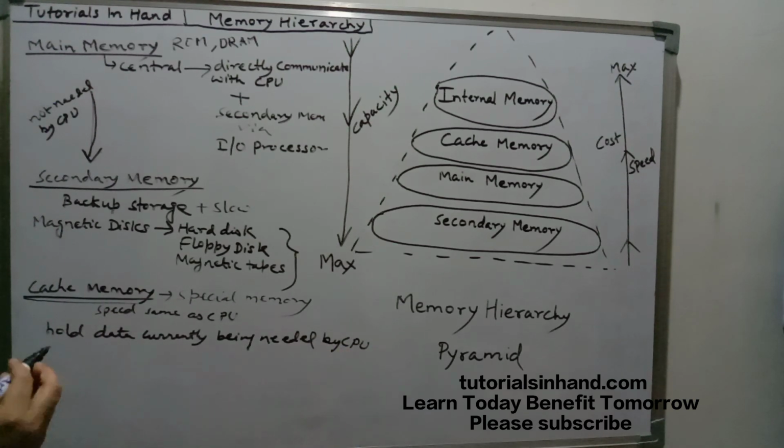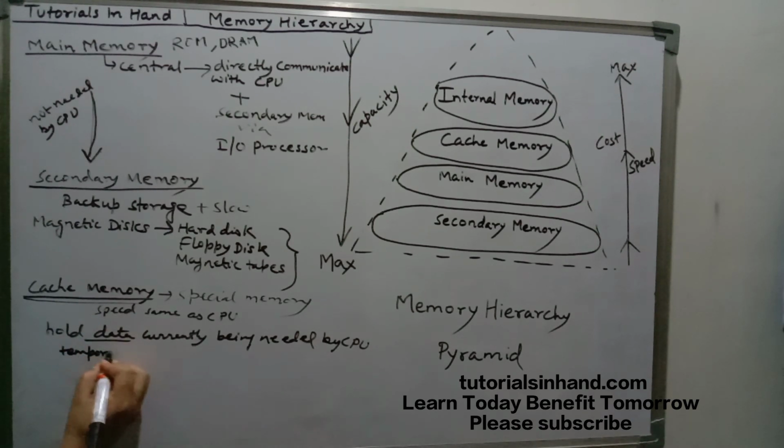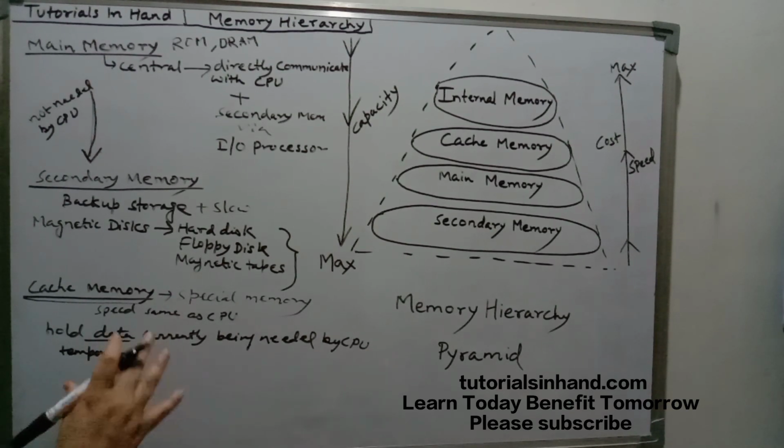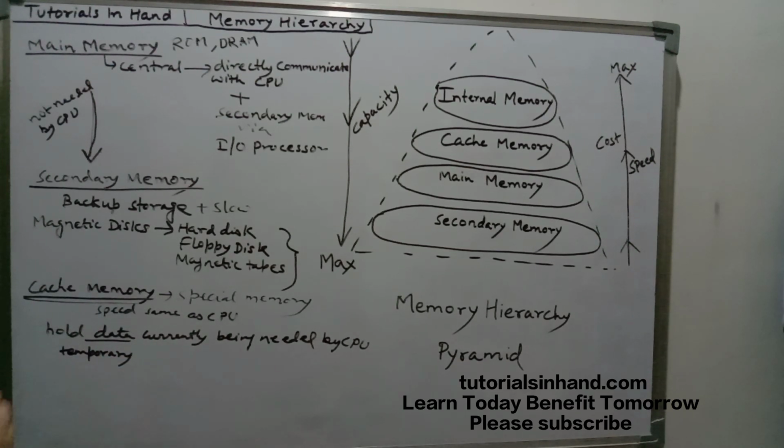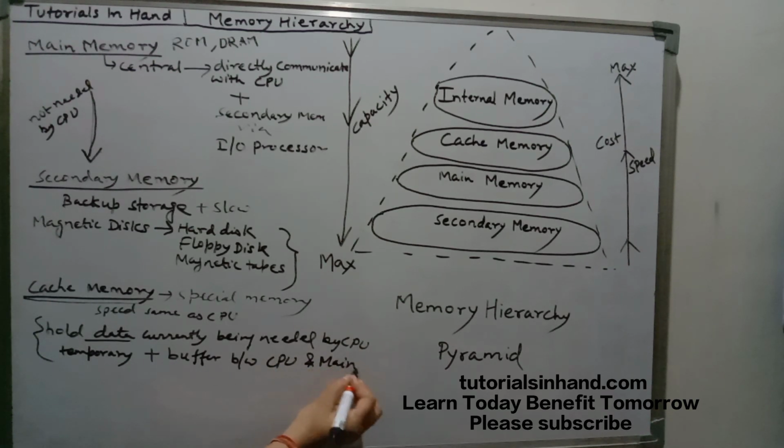right? So it holds temporary data also. It holds data as well as some temporary data. Temporary data means something which is needed during the computation, but we are not able to see that, but the system uses that temporarily to store some data or instruction within it. So cache memory holds both of them and it acts as a buffer. What? It acts as a buffer between which? Between CPU and main memory, right? So it acts as a buffer between CPU and main memory. So this is a cache memory.